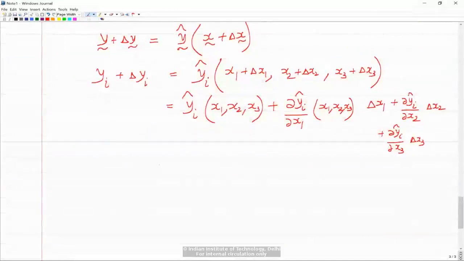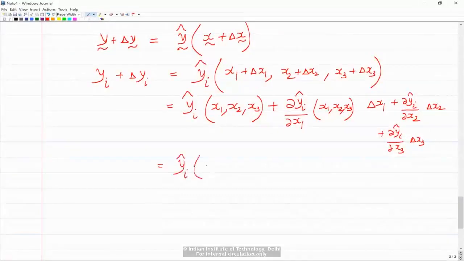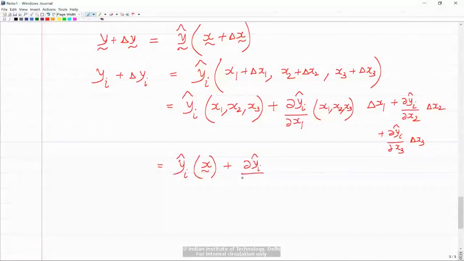so now I'm going to use summation convention, for example. So this is simply yi hat, and in the argument you have the vector x, no? x1, x2, x3 means the vector x, plus del yi hat over del xj evaluated at the vector x. You see the derivative has to be evaluated at the vector x, multiplied with delta xj,